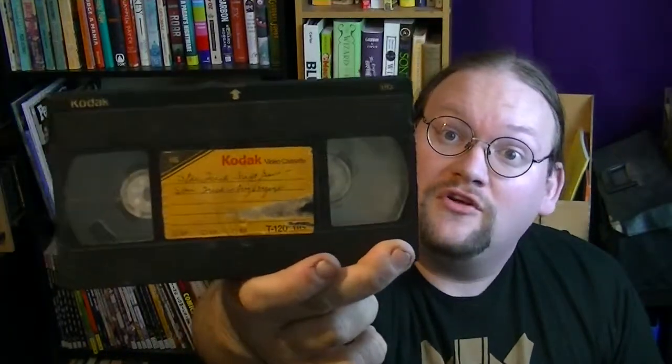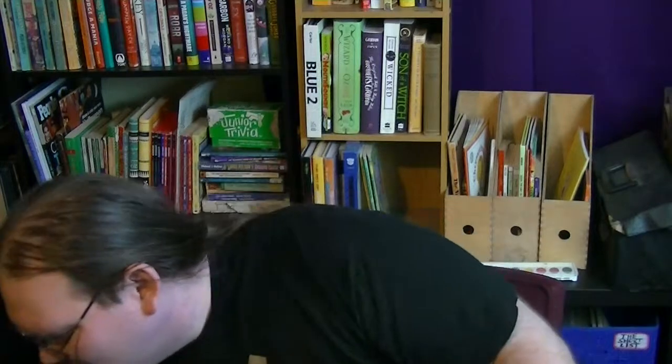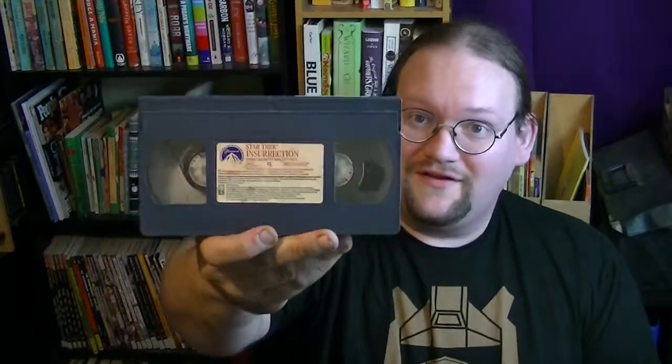Godzilla vs. Mechagodzilla! Didn't we just see that one? Maybe it was Space Godzilla. Oh, my earlier question answered. Here's a home tape of Star Trek The Next Generation. It also says Star Trek The Original Voyage. I don't know what that means. And again, Star Trek Insurrection. The one with,